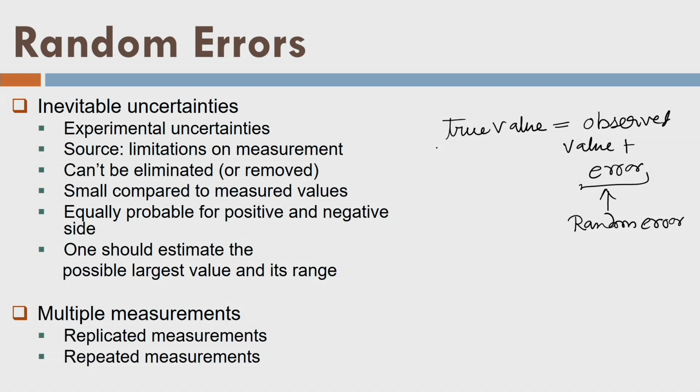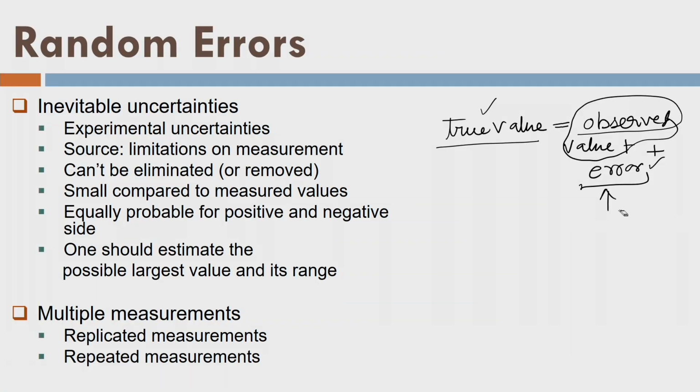Secondly, we already know that we can never know the true value. We already know it from basic surveying. So the idea is by observing just an observed value here, I cannot find out the error or the true value. So what can we do here? First of all, I cannot eliminate them because I do not know the amount of error. How can I eliminate? Systematic error, I know what the exact amount is because it is following some physical rule or mathematical rule. I have developed that rule by experiments and I have removed it. But after removing all the systematic errors, these inevitable errors, basically they are so small and they are occurring randomly. I cannot do anything with that.